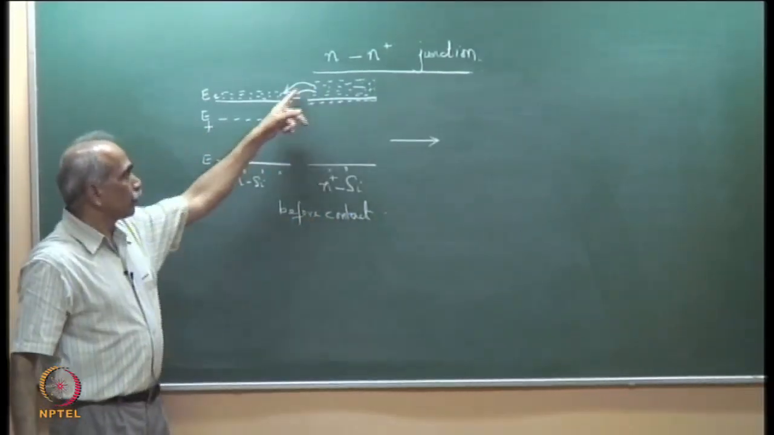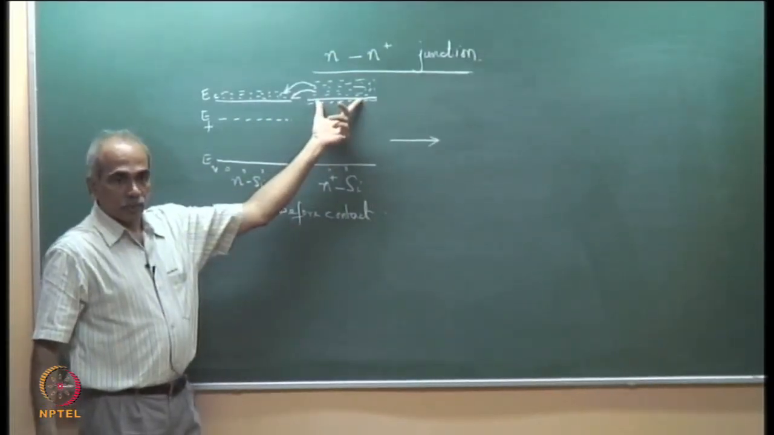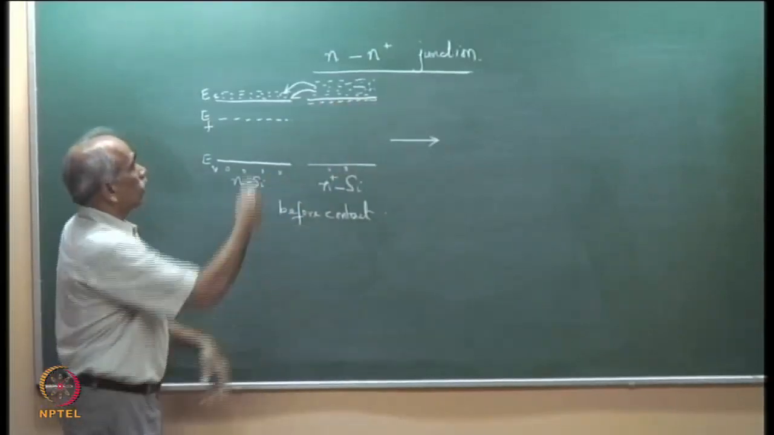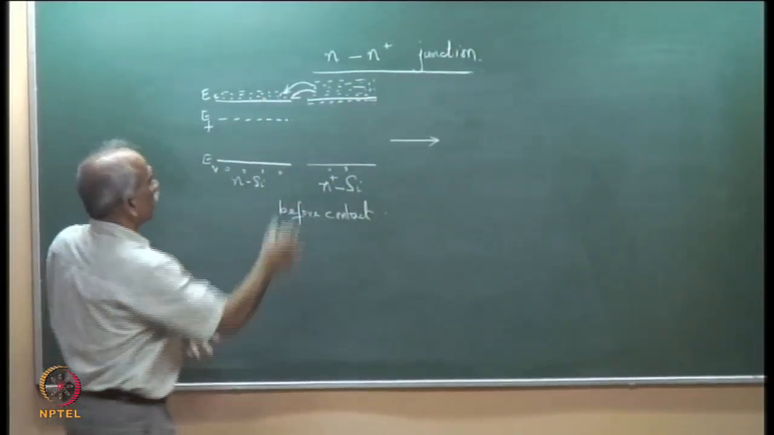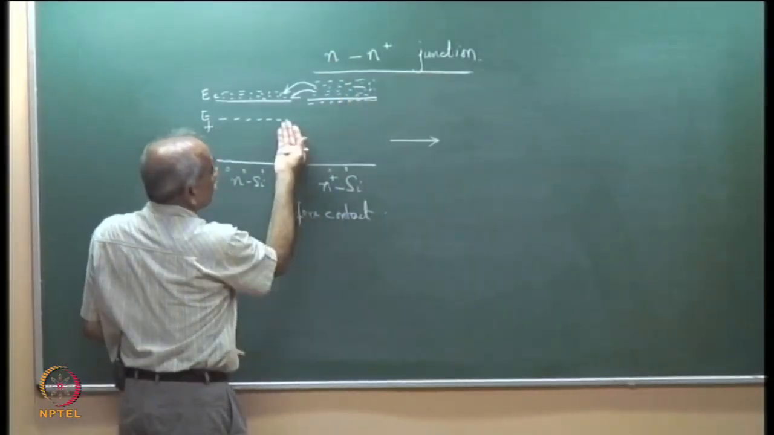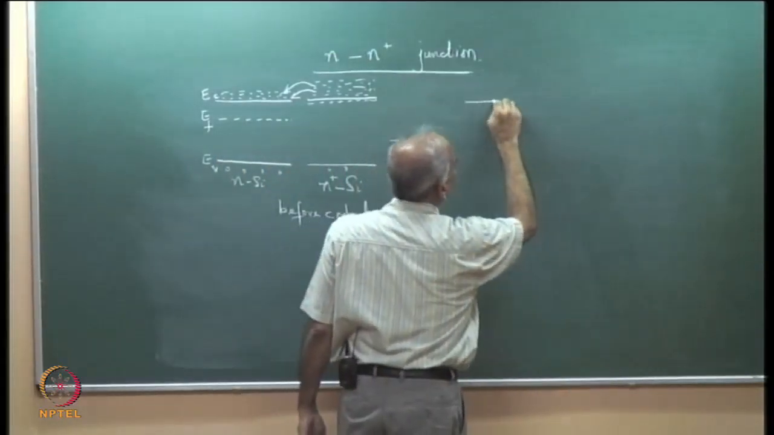So, before contact, when electrons flow to this side will become positive, which means lower potential energy, positive, or this side becomes negative, which means higher potential energy, and therefore lower potential energy means this would start coming down, and you know that the EF has to be equal. So, what we get is